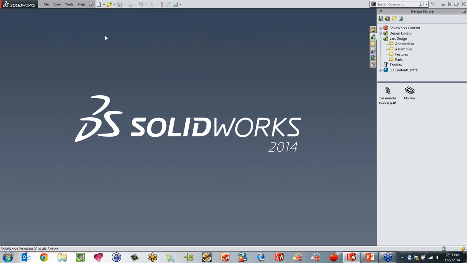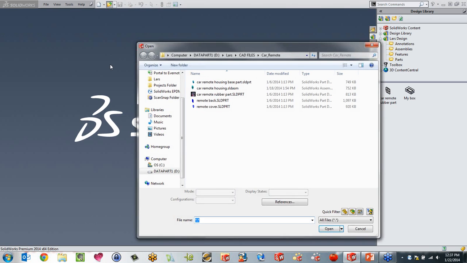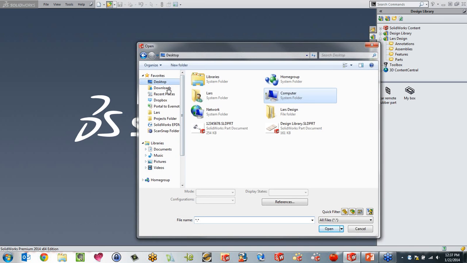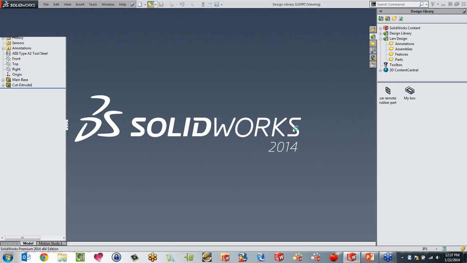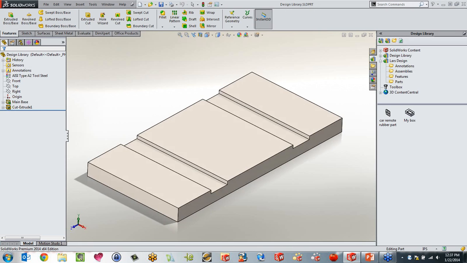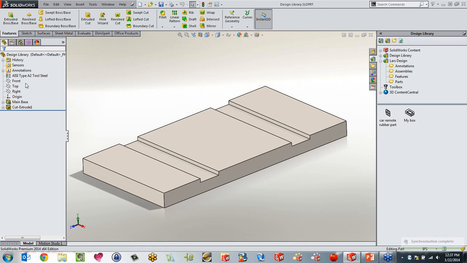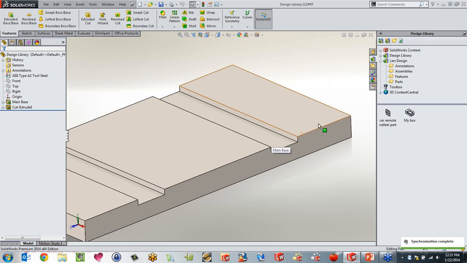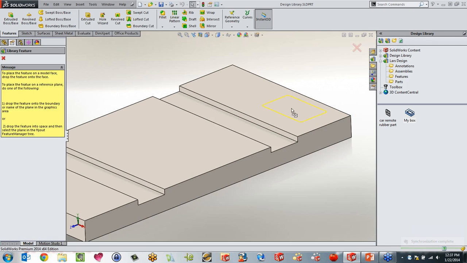And I'm going to open up another part I had out on my desktop, which is the plate. So this is Design Library plate here. This is just a plate I created to show you how to add things to it. So this is the SolidWorks part. And now I go over here, select my box, and again, I'm just dragging it into the face. And as soon as I let go,